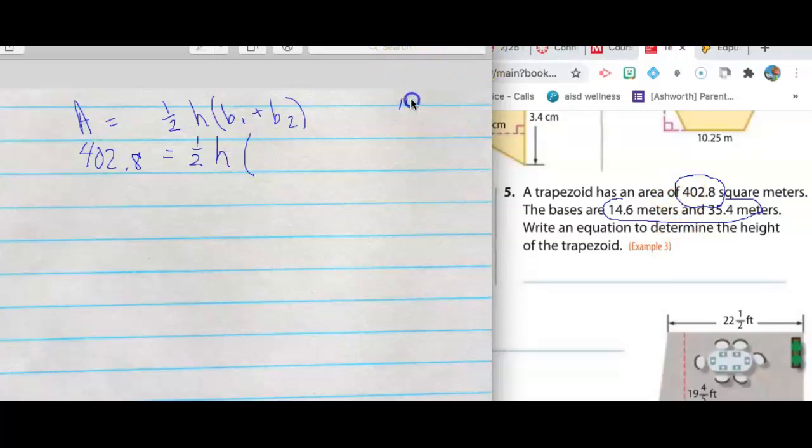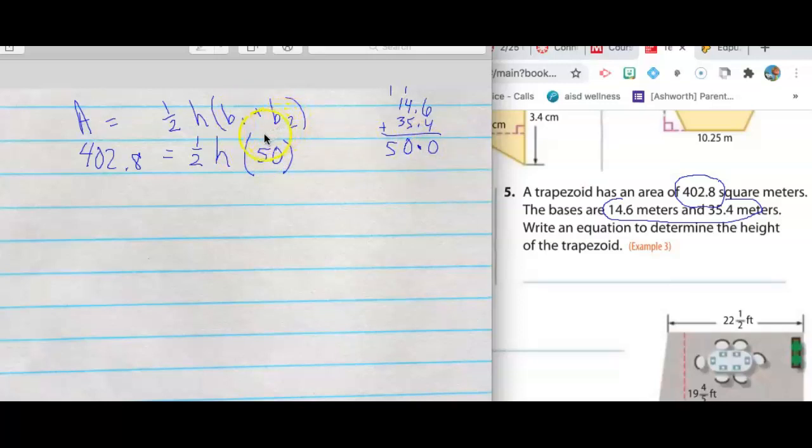b1, which is 14 and 6/10, and we're going to add it to 35 and 4/10. Bring the decimal down. 6 plus 4 is 10. Carry the 1. 1 plus 4 is 5. So that's going to be, leave the 0 down, carry the 1, and then we end up with 50. 50 and 0/10 is the same as 50, so I'm just going to write 50 over here because that's b1